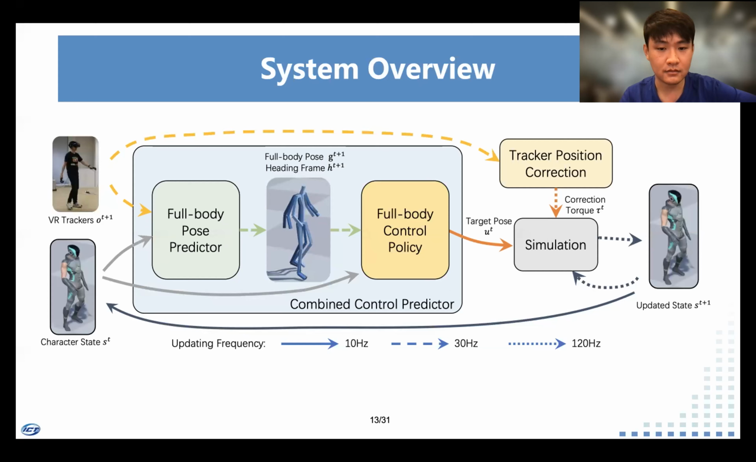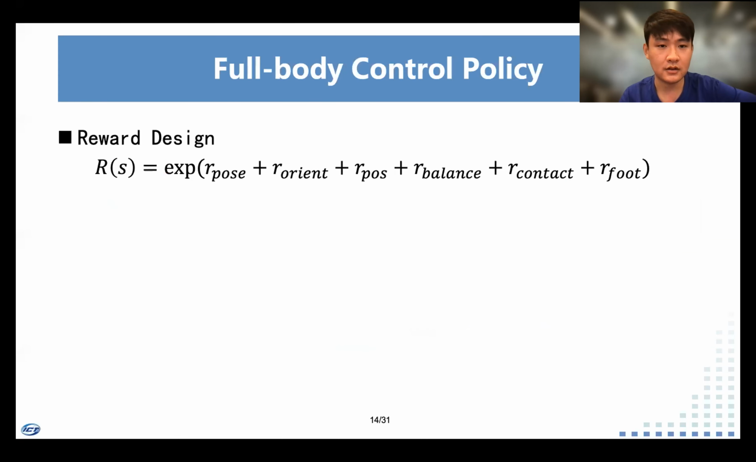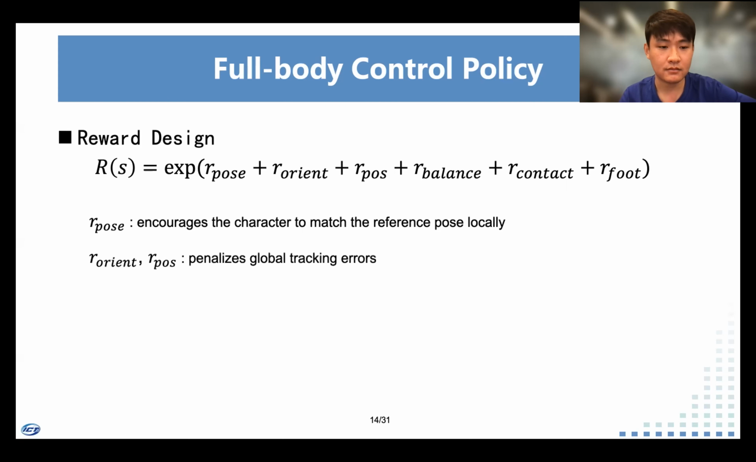The full-body control policy module converts the estimated full-body poses of the user into target poses, which will be used to actuate the simulated character using PD servos. We pre-train the full-body control policy using reinforcement learning on our motion capture dataset. The reward at each time step includes 6 components. The pose reward R-pose encourages the character to match the reference pose locally. The link orientation position reward penalizes the global tracking errors